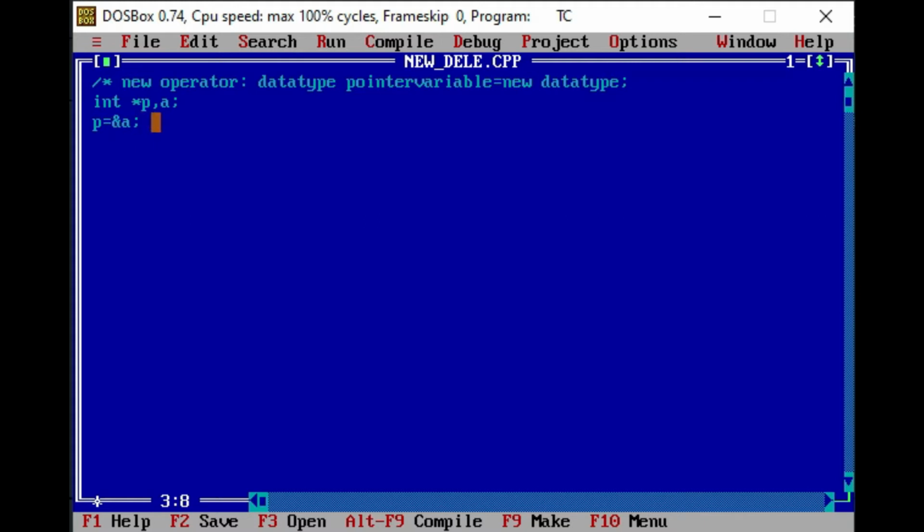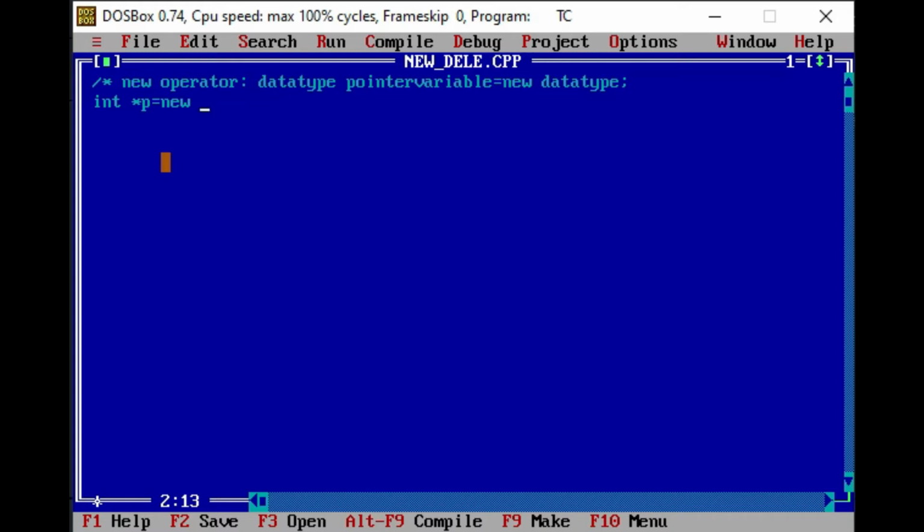So here I am doing some changes. We just need to write first of all int star p. For example, here I am taking a pointer variable of integer type and now is equals to new. Instead of ampersand, here I am writing the new operator. Whenever the compiler finds the new operator, it will allocate some memory. Now, how much memory do we need?